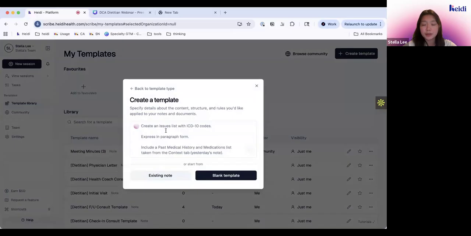And you can see there are a few ways to do it. You can start from an existing note. So you can copy in, let's say, your follow-up consult note. It's going to be a real note that you've written, and then it's going to create a template from there. But you can also just talk to Heidi about how you want a template to be created. So here's an issue list one, but I'll actually copy in a more specific one for